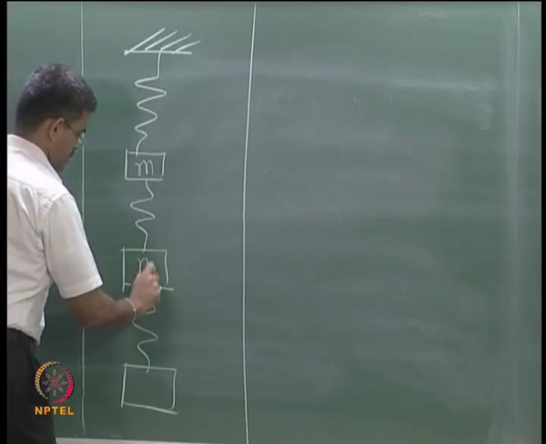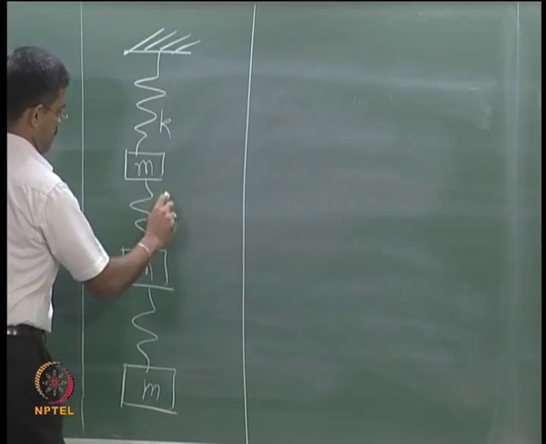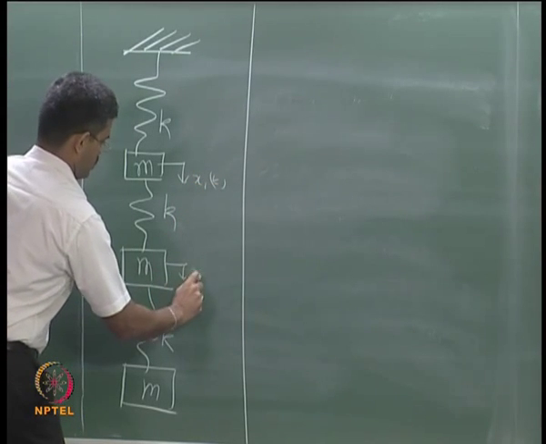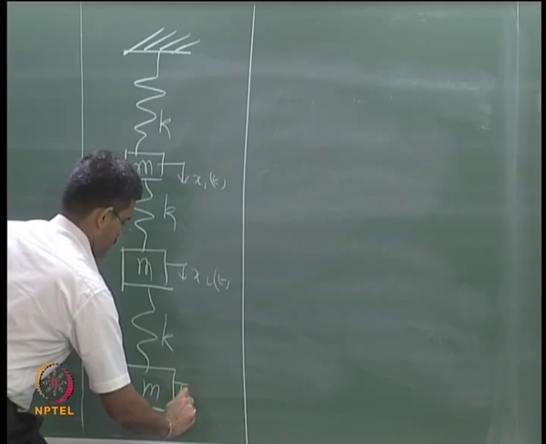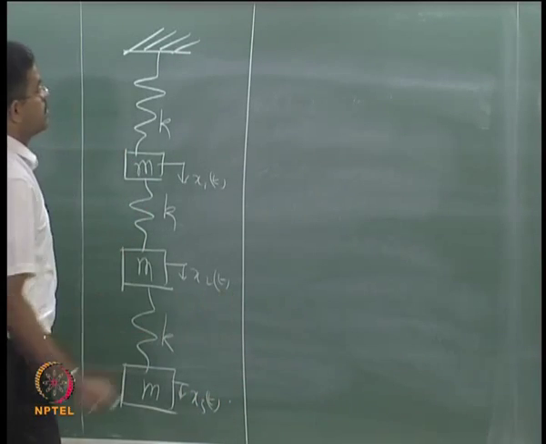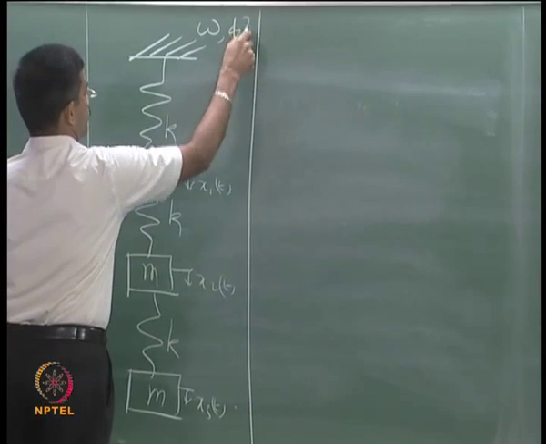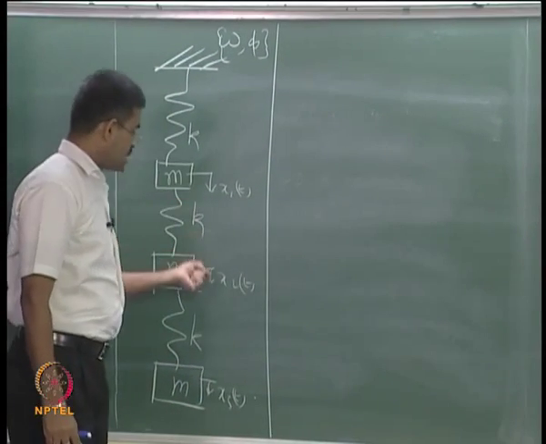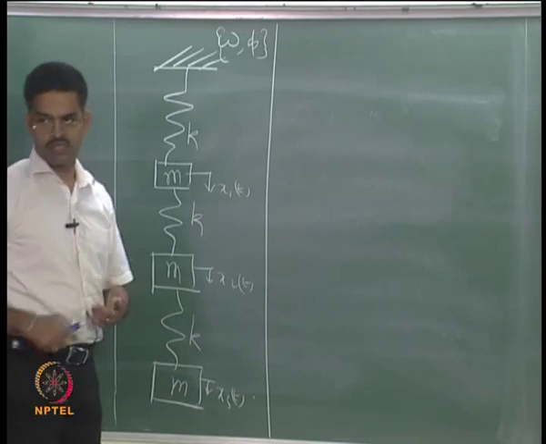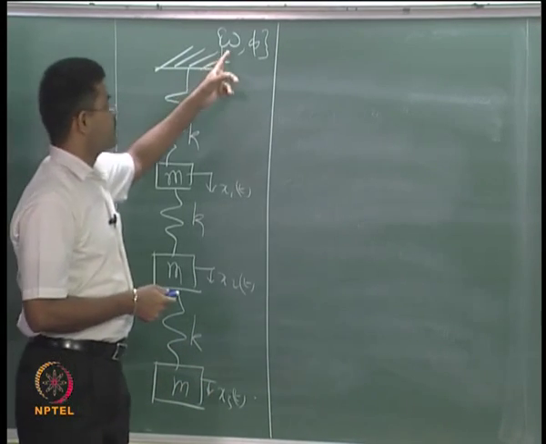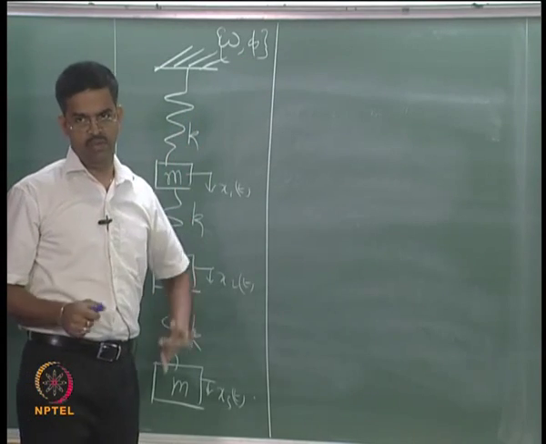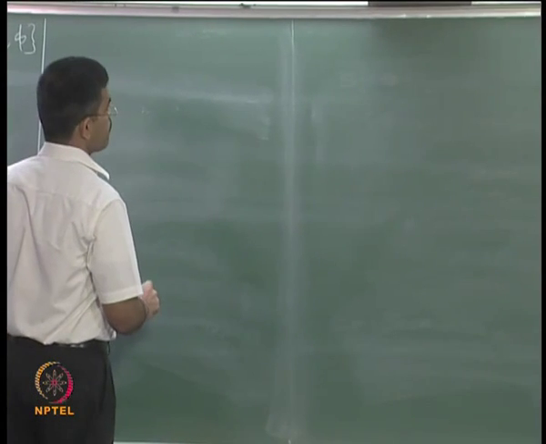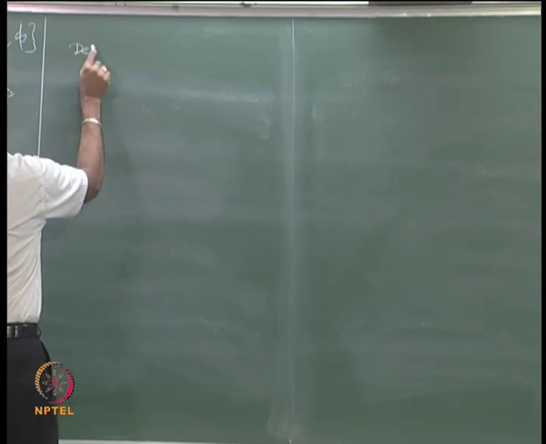All were mass matrices M and all were K, and x1 was marked here, x2 was marked here, and x3 was marked here. What I want is to find omega and phi for the system. There are 3 lumped masses, there are 3 points of relative displacement, therefore it is a 3 degree freedom system model. Therefore my omega will have 3 values and the corresponding vector will be 3. So let us outline the method of Stodola. It is a tabular method.